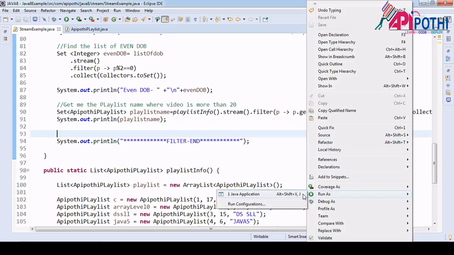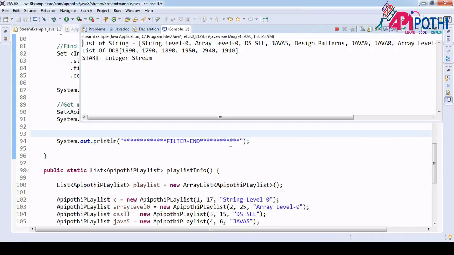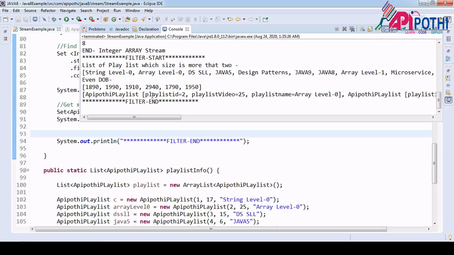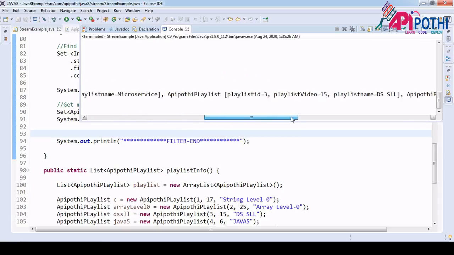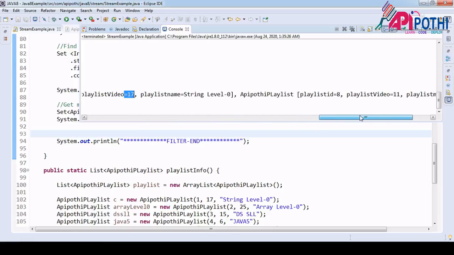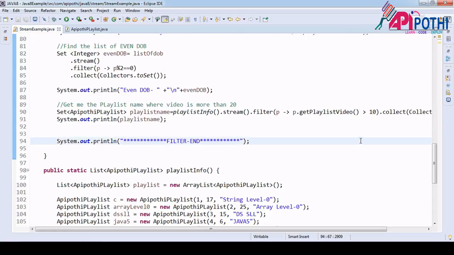Right click, run as Java application. So here if you see, you will be getting more playlists. This one is the playlist video 25, this one is 15, which is greater than 10, 17 greater than 10, and 11 is also greater than 10. That's all.